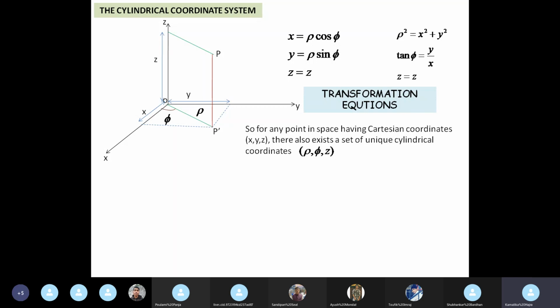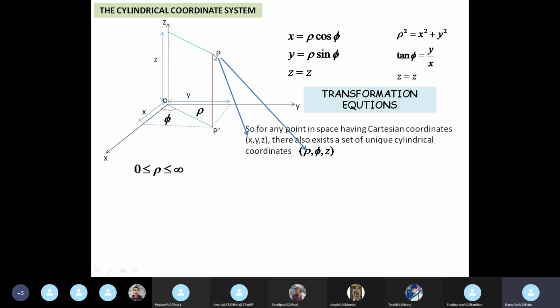So for a point P, if x, y, z is a set of coordinates, then rho, phi, z is another set of coordinates. Now, if you look at rho, okay,